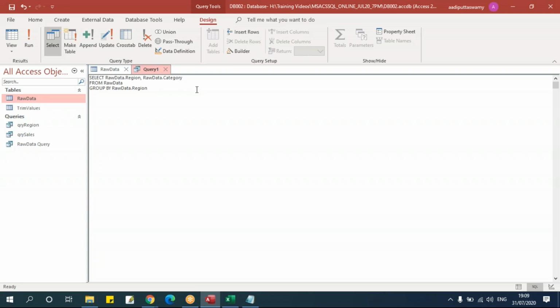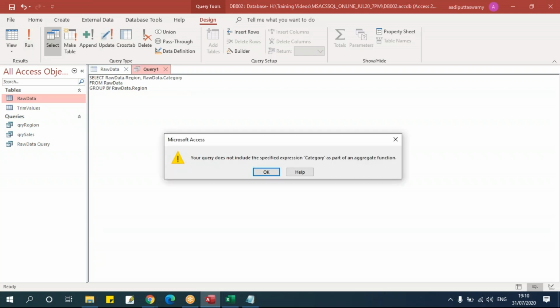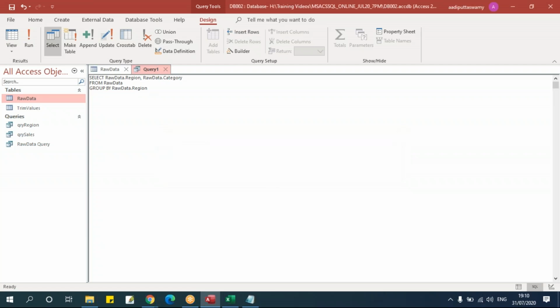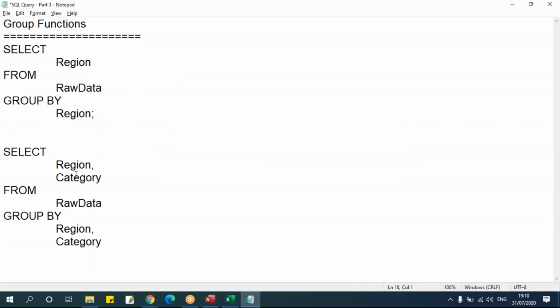So imagine I've selected region and category from the raw data table and I'm trying to group by only region. If I run this, it will throw an error. See, it says your query does not include the specified expression category as a part of aggregate function. So it is understood that whatever columns I'm taking here, that has to be available in my group by section. Otherwise, it will throw an error.